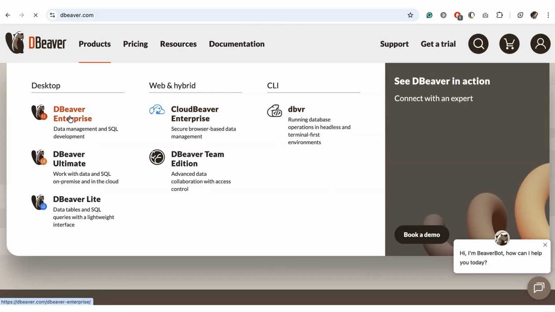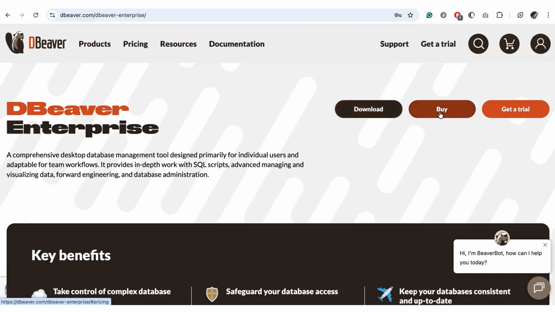Let's start by opening the product section of the DBeaver.com website menu. Here you can choose between the different editions from DBeaver's product lineup. Click on the DBeaver Enterprise option. In the top right corner of the page, you can click on the download button to quickly scroll to the